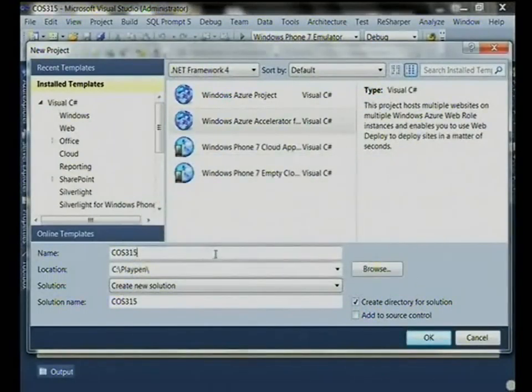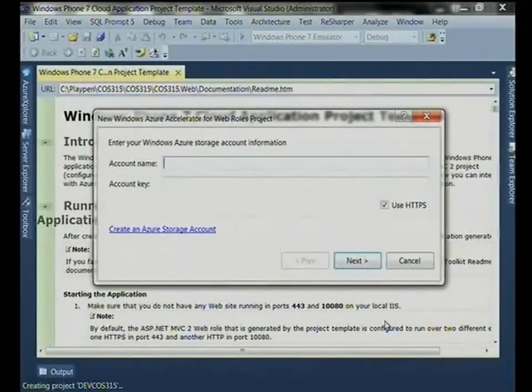So what I need to do over here is put in my storage name, my account name and account key. This will not work in your local dev storage, so you can't use the dev storage account. It's got to be a proper Windows storage account.